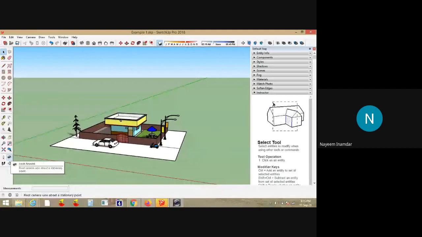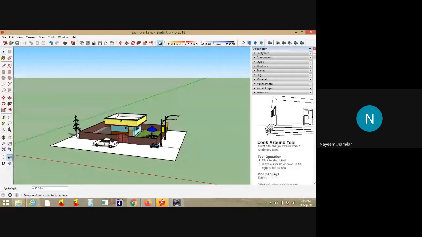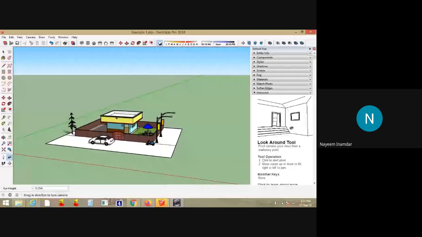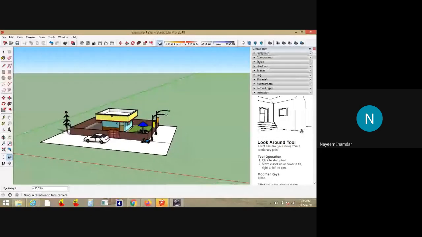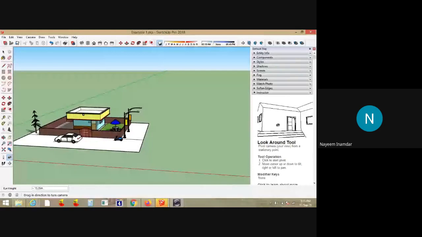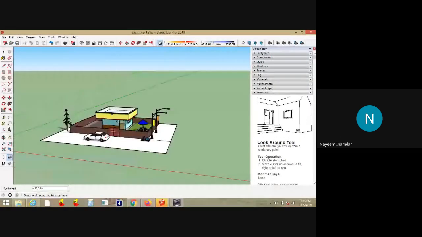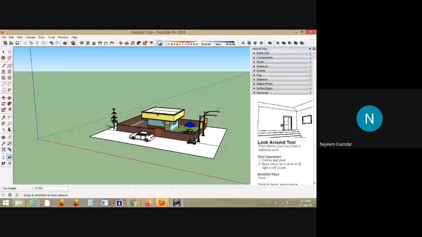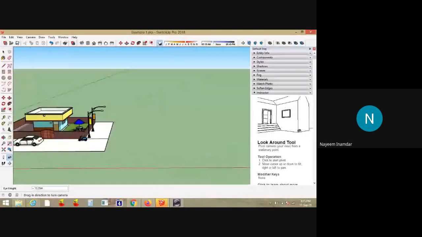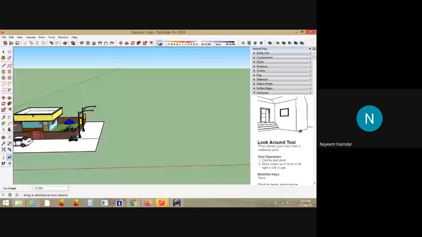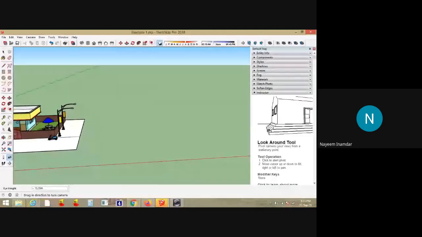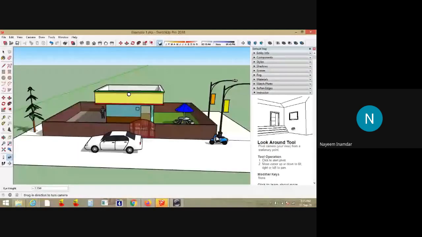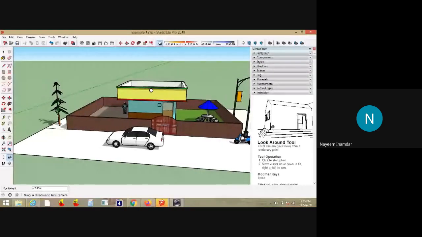If I click the eye here, you can drag the mouse so that it will look around, like a panorama view that we do in mobile phones. The same feature is available here. This will keep on rotating the objects with reference to the eye here, like this.